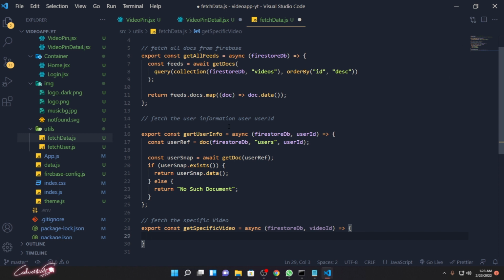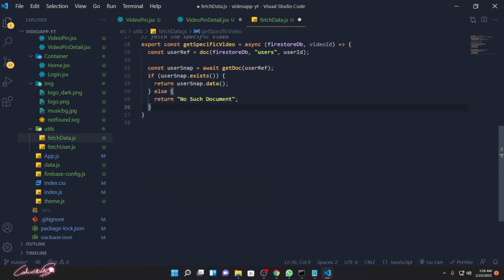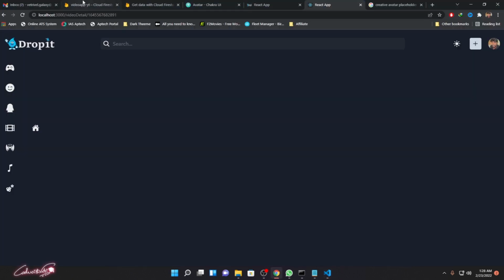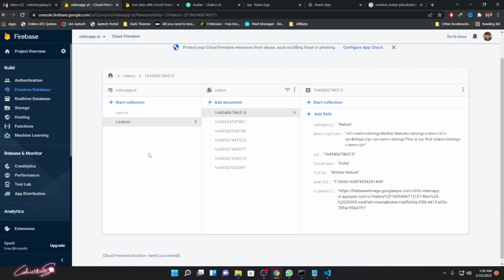Okay, so just like here, we are going to get the reference. So let me copy it and paste it exactly over here. We don't need to waste the time again and again. Instead of user reference, this is going to be the video reference. Instead of users, it's going to be videos, because that's what we're having in our collection name,